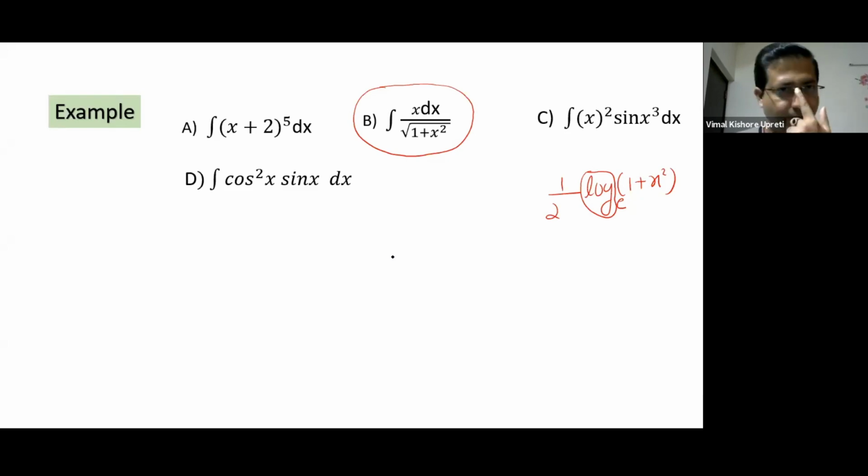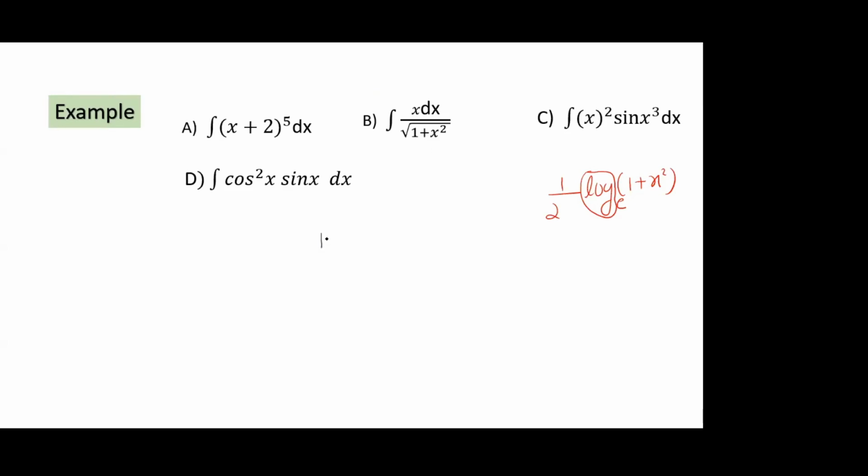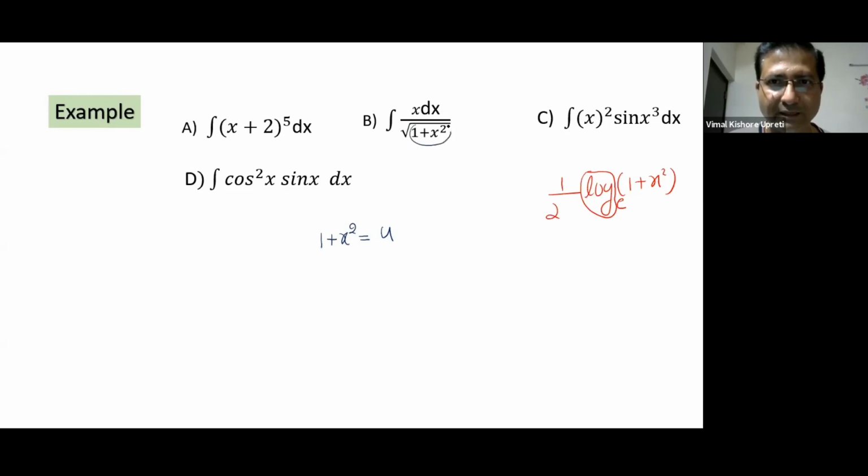You see? But one thing is clear, this is not a very simple format, right? So using substitution, I can integrate. What do you think? What is to be assumed? Assume u as 1 plus x square. If only the inside part you assume as something, then only it can be simplified. Don't assume with the under root. Only assume this something.